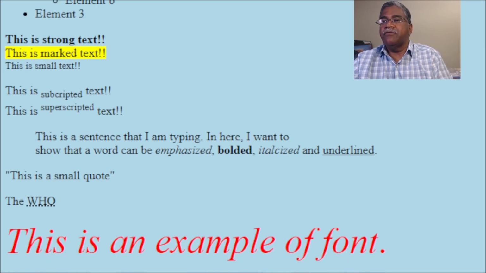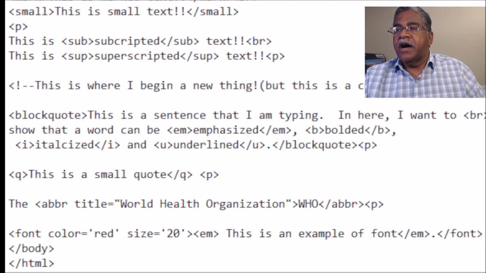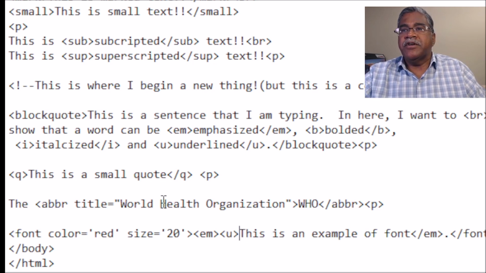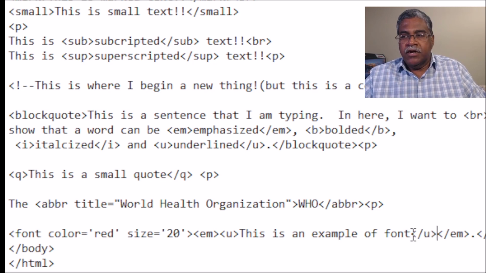Alternatively, if we say I want to emphasize it and underline it, I'll say U. And then remember, all the tags are nested, and because the U is the innermost, I'm going to close that tag using an innermost U. And now you're going to get something that's emphasized as well as